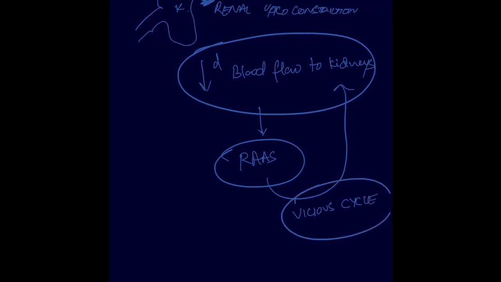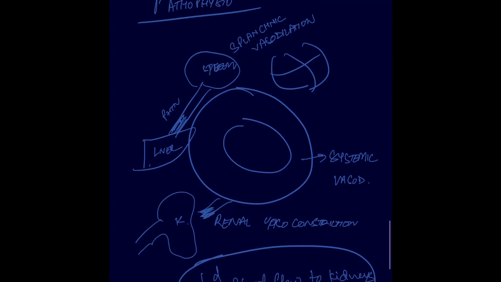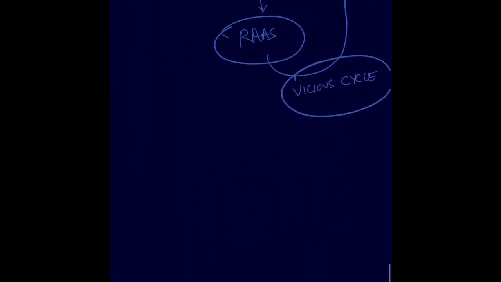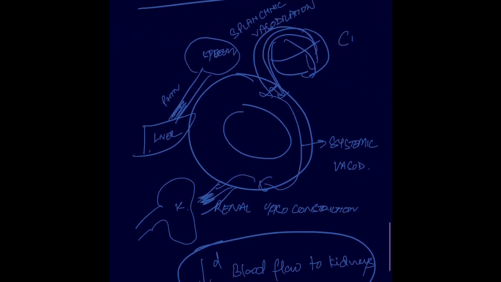Okay. Now, where does the heart come into play in this? In the initial stages, whenever there is a splanchnic vasodilation and systemic vasodilation, the heart compensates by pumping more and more blood. It restores the volume and preserves the renal blood flow. But after some time, the heart also decompensates and the compensation provided by the heart is lost, and finally the patient lands up in HRS. The patient can also develop cardiomyopathy, cirrhotic cardiomyopathy.